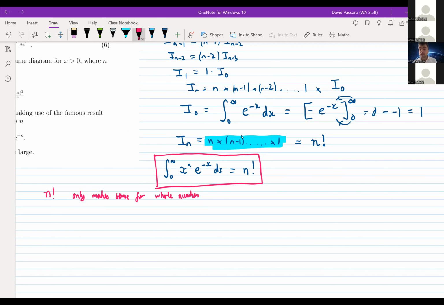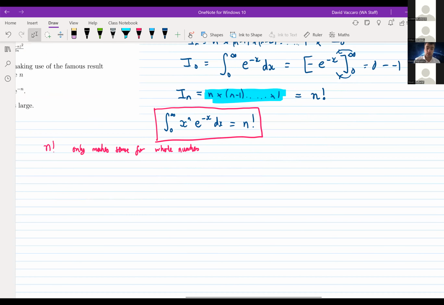But the integral on the left, and I'm not saying it's easy, makes sense even if n is not a whole number. So for example, I don't think this would be a particularly easy integral to do. You can try, and if you try it, you'll see why I think it goes back to Gauss. But can anyone tell me what would be a natural thing to call this integral? Well, this is the integral of x to the power of a half e to the minus x. So it would be natural to define this as a half factorial. This is a process called analytic continuation,